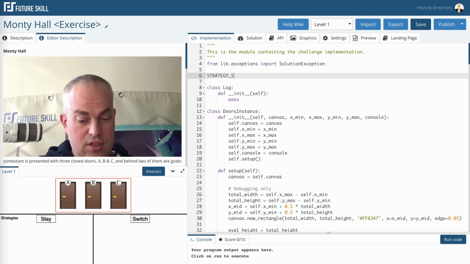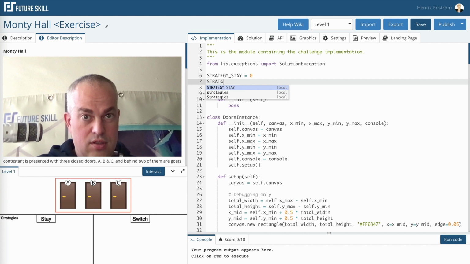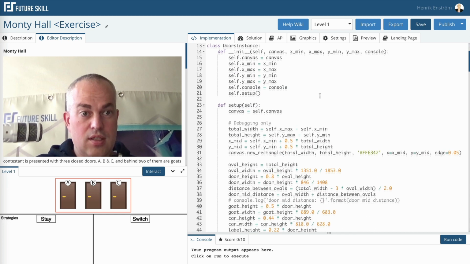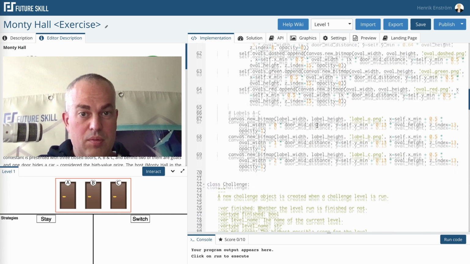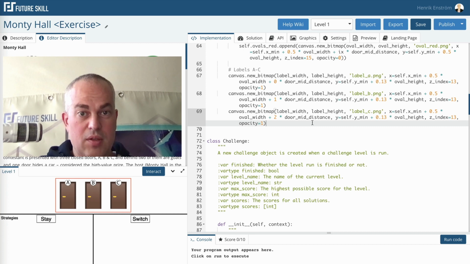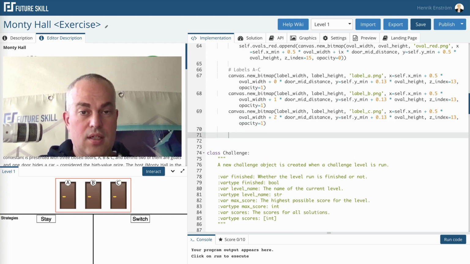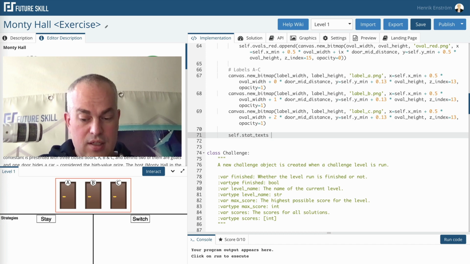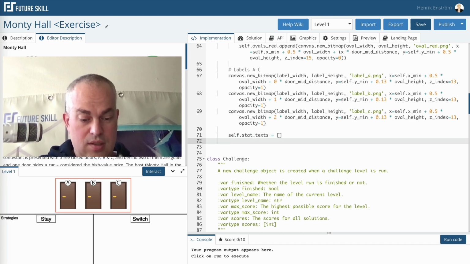So strategy stay is 0. Strategy switch is 1. So we'll probably put some of these things in. Like this one we might put in self dot stat text, and then we do